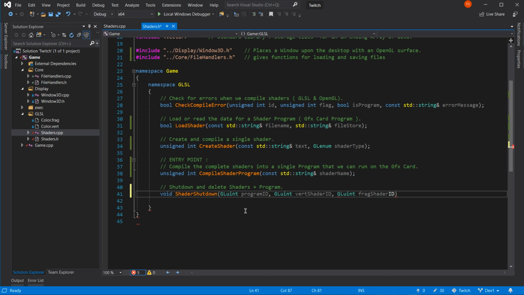You see, we'll have all of this, will we? We won't have the IDs. We need to store the IDs. We need to store the shader. I'd never thought about that. That makes this a class. Wow. It's a class. Shaders is a class. Oh my god.